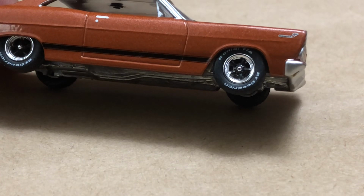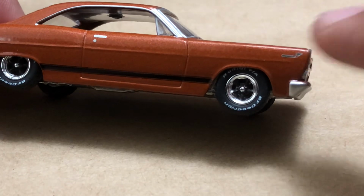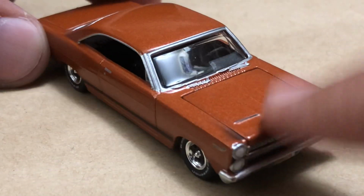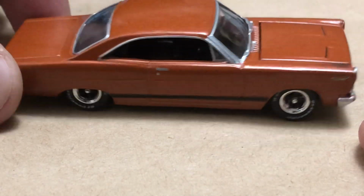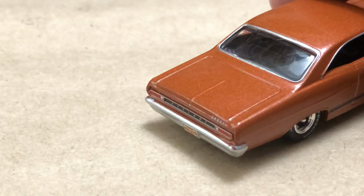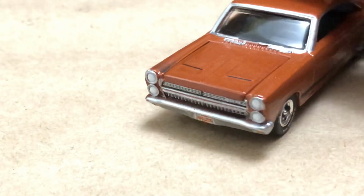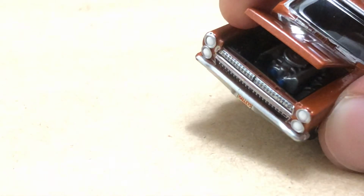Comet, and then you could see basically this little graphic there, a little cyclone, like a little tornado graphic with the Mercury there, so it's kind of cool. This would have been your vents for the hood. I forget if they were functional or not. A lot of the times in this early part, these hoods were not functional yet, but they were starting to get there, especially towards the late 60s, but it was common for them just to have kind of like a trim there. And the motor, this is supposed to be probably a big block, but